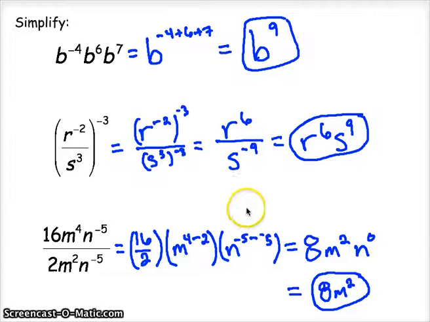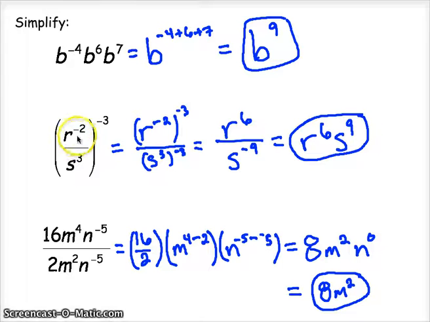All right. Here are these three worked out for you. Again, you're just multiplying with equal bases. So all I did was add all my exponents, -4 plus 6 plus 7, and you get b to the 9th power left over. For that second property, again, first thing I noticed, I don't have equal bases this time,